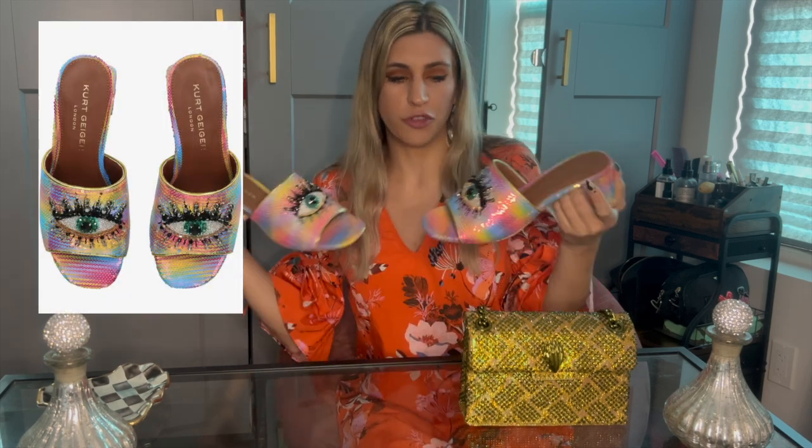Quick little bonus. When I was at Nordstrom Rack, I actually saw these shoes and didn't even realize they were from the same brand, so I picked them up. The Kurt Geiger, almost like a mule in this rainbow color with these eyes. I just want to show you guys this to get an idea of the brand and really their aesthetic for the most part too. But they actually did have the matching bag to these shoes, and I was like,